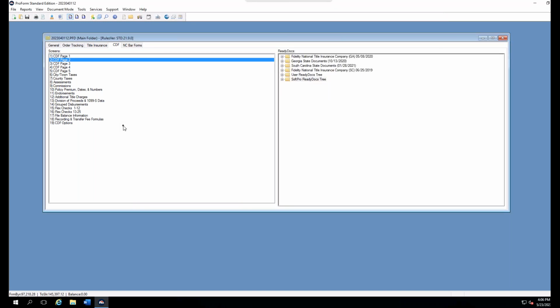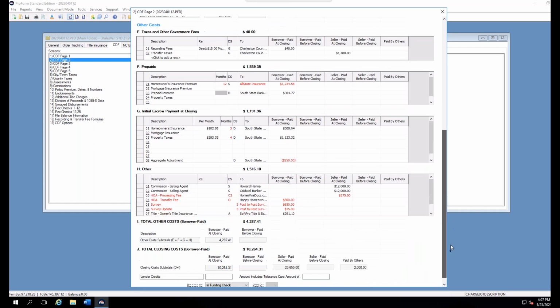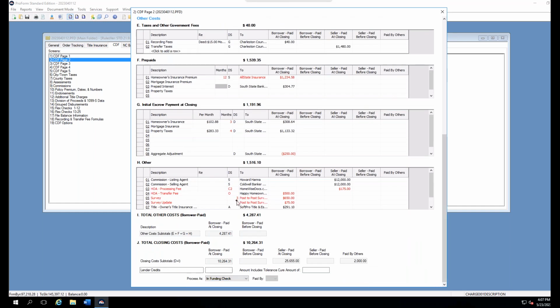Where I can take it a step further when I am a standard user is not only can I utilize the DS column to identify charges that are payable to individual contacts who have their own DS code, or by pulling in those flex checks to group them together, I can also make a couple of other identifying